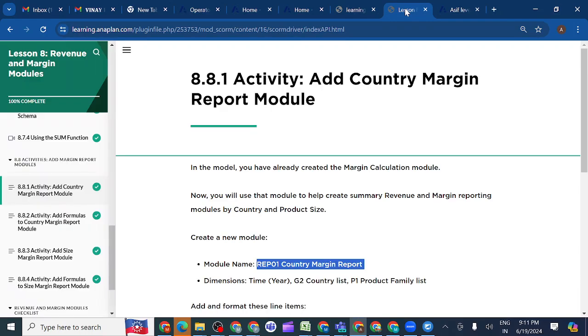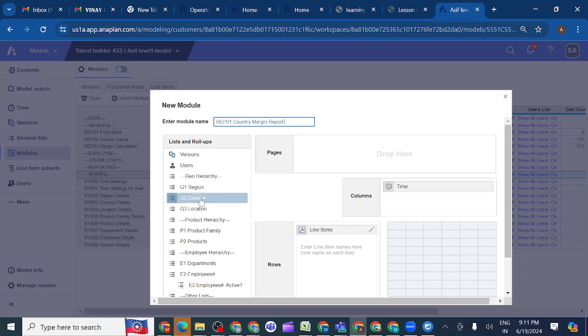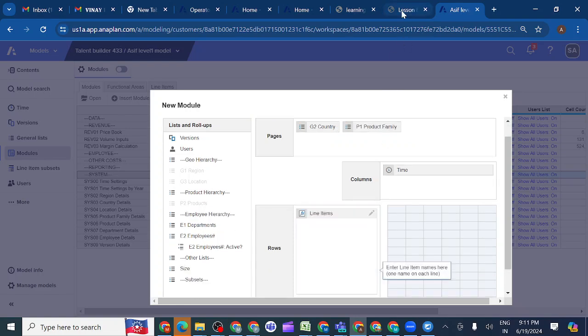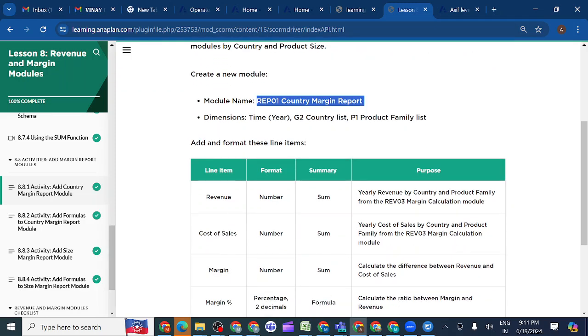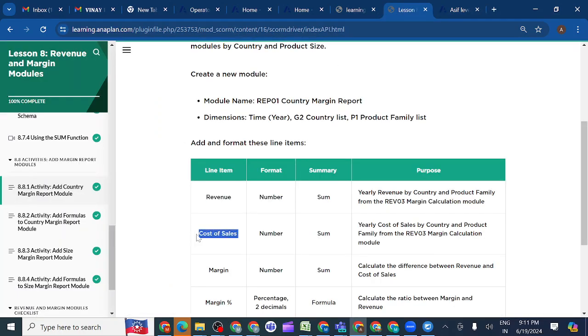So what are the dimensions should I take here? You can see time should be in year. Okay, and G2 country list and P1 product family list. We should take G2 country list, P1 product family list. Yes. So then what are the line items we should create? You can see these are the 4 line items. Revenue, cost of sales,